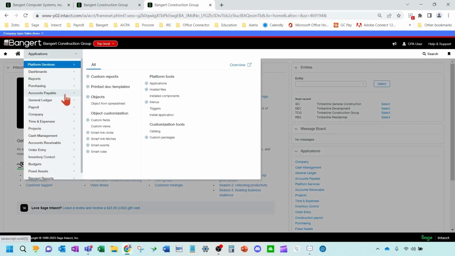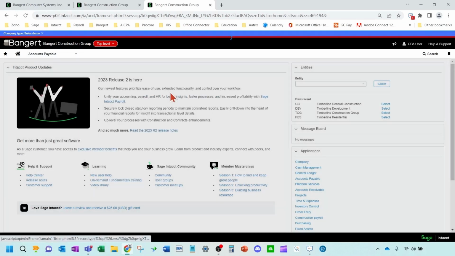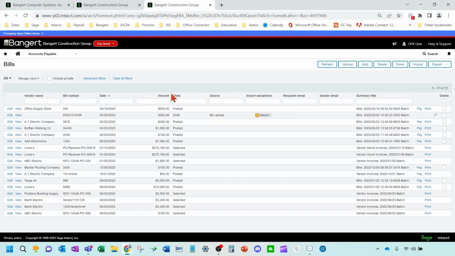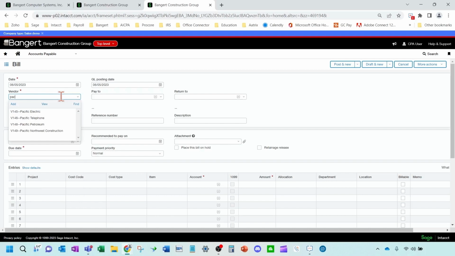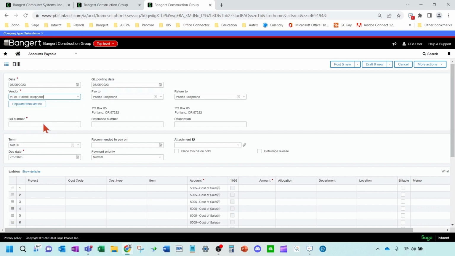Okay, so let's say I want to split up my accounts payable telephone bill, 50% to development, 50% to the GC company. So I'm going to come up here and just add a bill here quick. I'm going to do telephone company here. Invoice number in there.